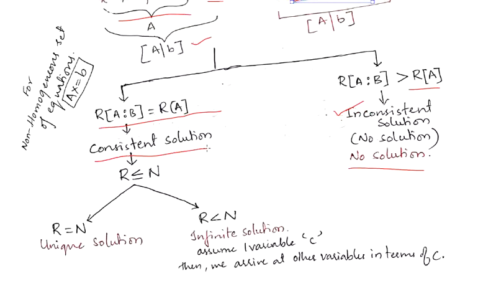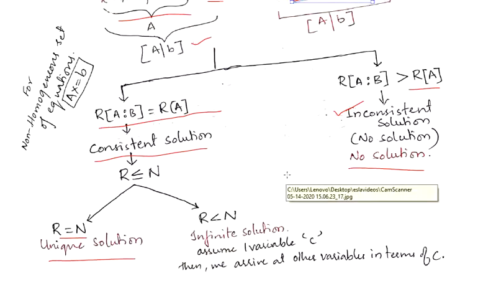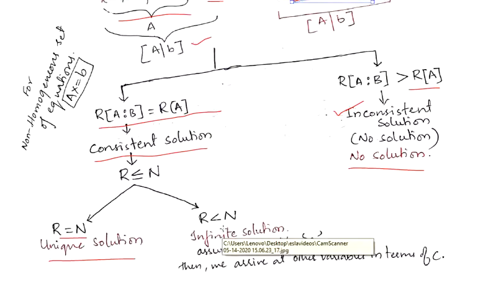After finding out whether it is consistent or inconsistent, you again need to check the rank against the given number of columns in the matrix. So in this we have two conditions. One is if the rank of the matrix is the same as the number of columns, then you have a unique solution. For example, there will be three equations and three unknown variables x, y, z, right? In that case you will get a unique solution. When the rank is less than n, it is considered an infinite solution.